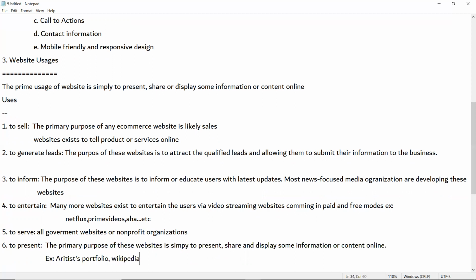There are a couple of websites you can open there. You can see the profile of any artist or a resume website where they wanted to promote their JD. So websites for someone seeking a job